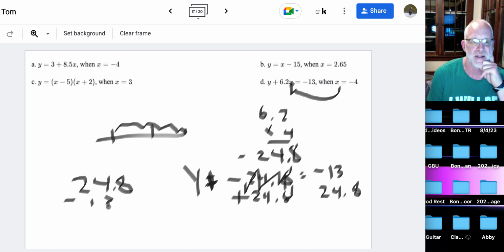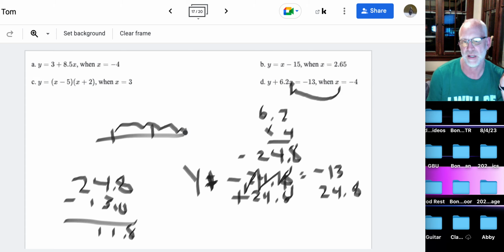And I came up with positive 11.8. That makes sense, right? We're at 11.8. We take away 24, and then we're out here at negative 13. So this is problem,